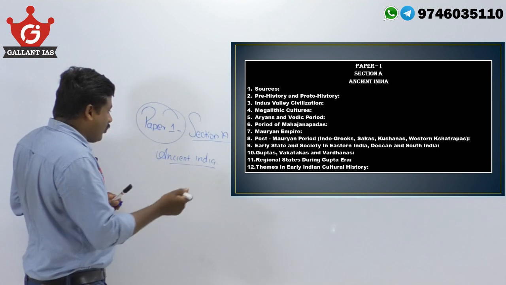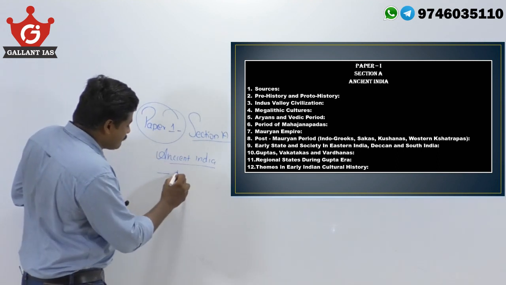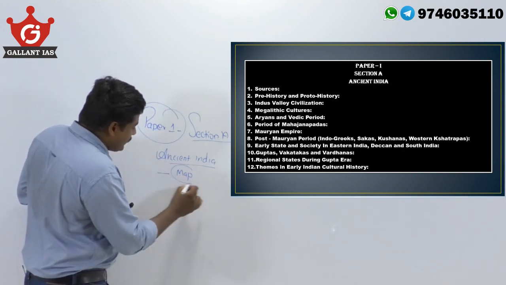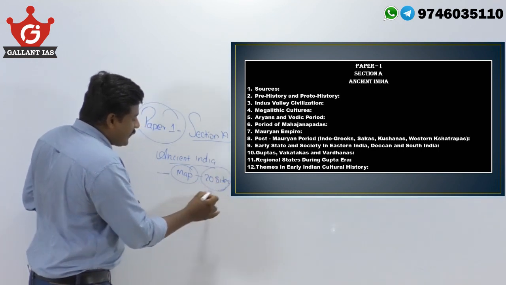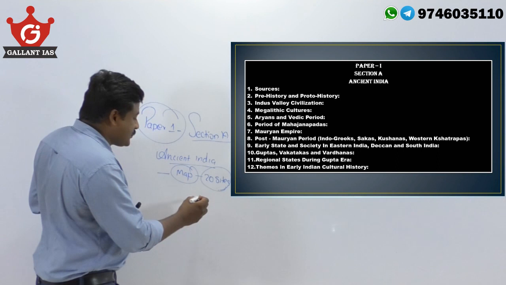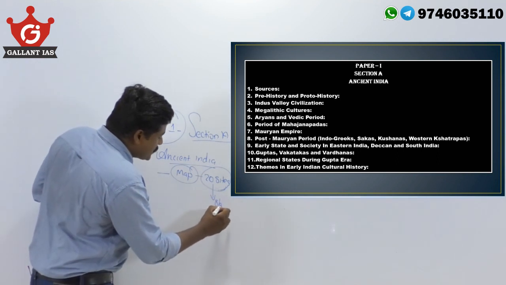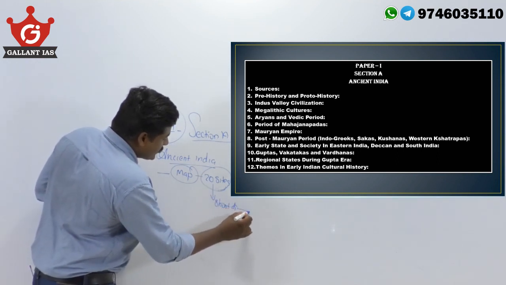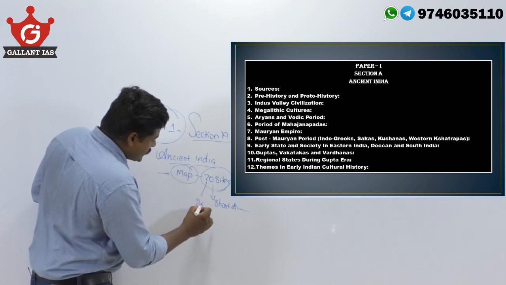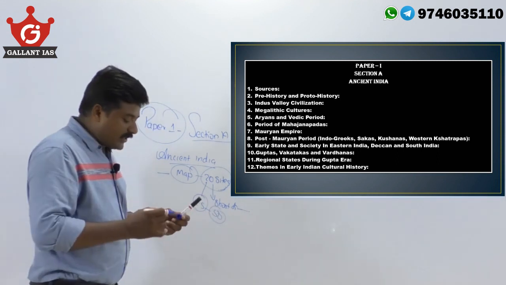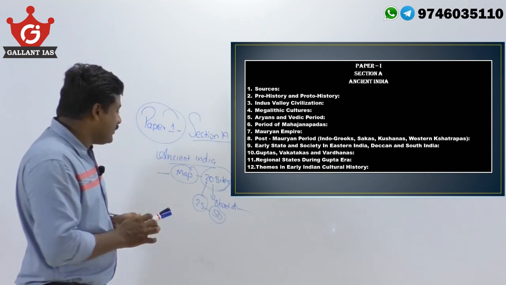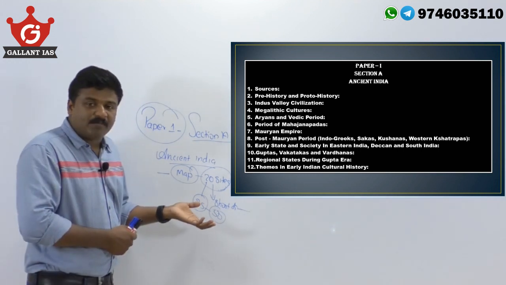So, the first question always in paper 1 section A is a map based question. They will be giving you 20 sites. In the map, you have to identify the site and you have to give a short description for each. Now here, each site carries 2.5 marks, total is 50 marks. So it is one of the easiest scoring areas in paper 1, you can very easily score the 50 marks from the